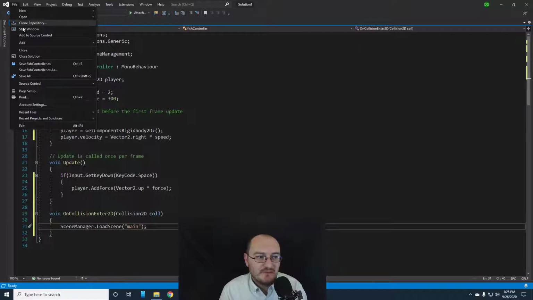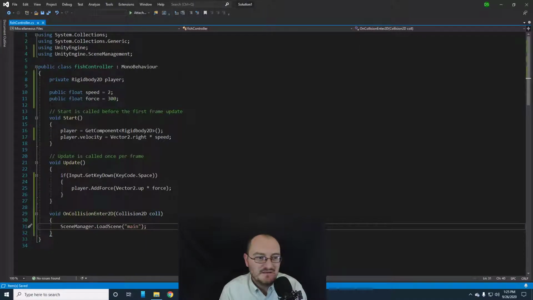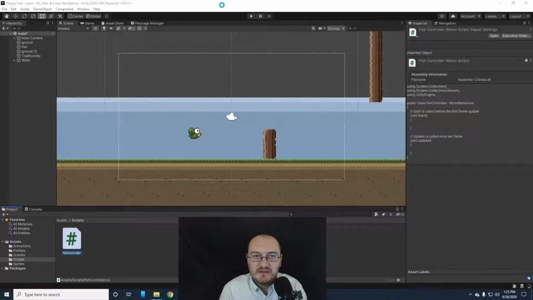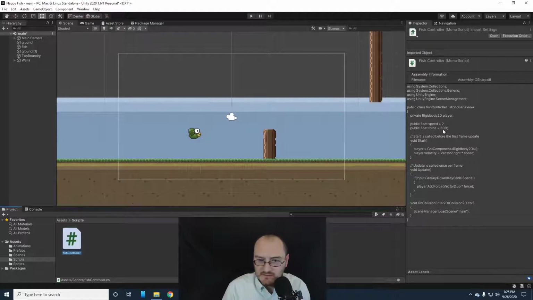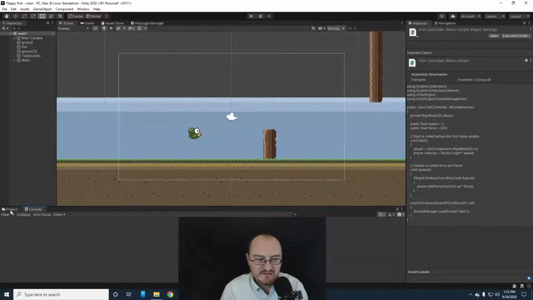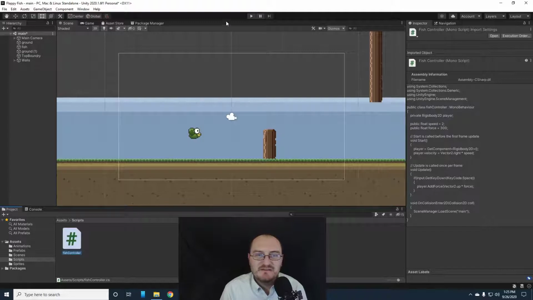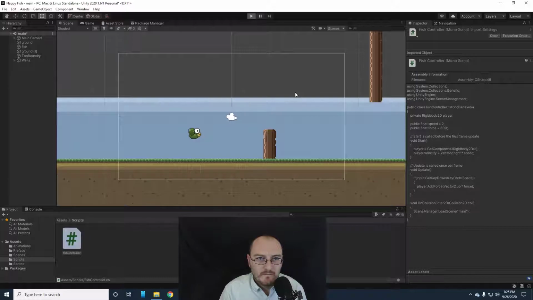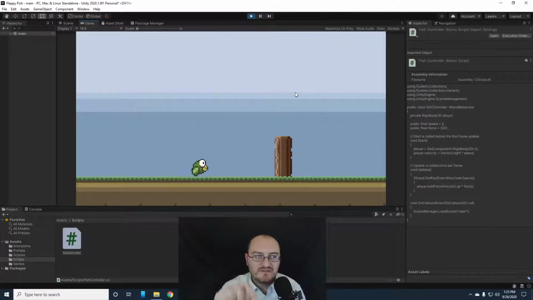Let's save it and see if we have any errors or misspellings or anything like that. We'll go back to Unity here and let its debugger do its job. Okay, everything looks good here. Let's check my console. Nothing in here. So let's go ahead and play this game and see if our game behaves the way we want it to. Okay, so right now I can tell that when I collide with an object, the game is restarting like it's supposed to. And now I can also tell that my flappiness works,